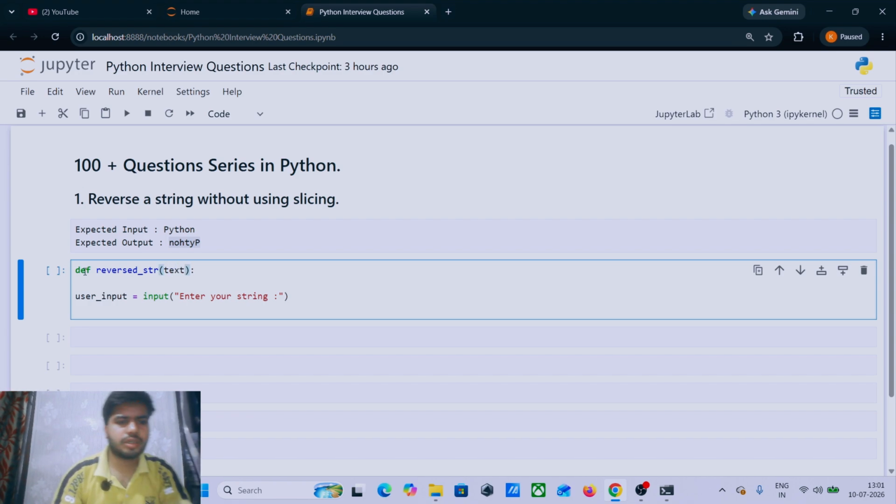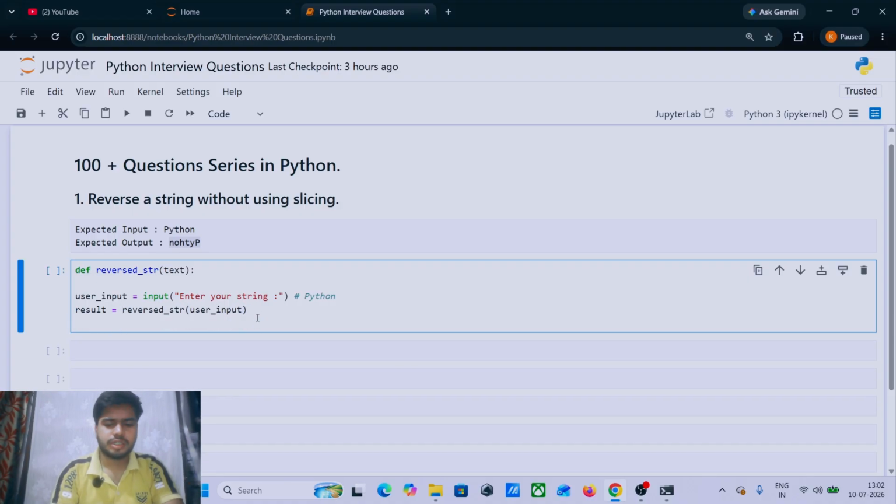Under this, I'm taking the argument named text, and I need to call this function as well, reversed_str, with the user input inside. Just as an example, if I write Python, whenever the Python is written, it will jump to here, and we also need to put this into a variable named result.